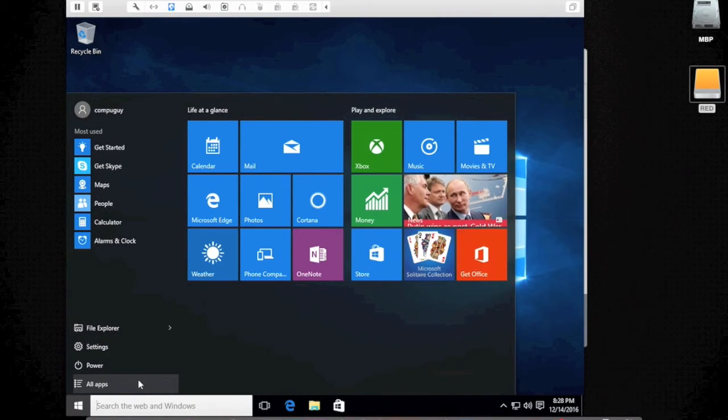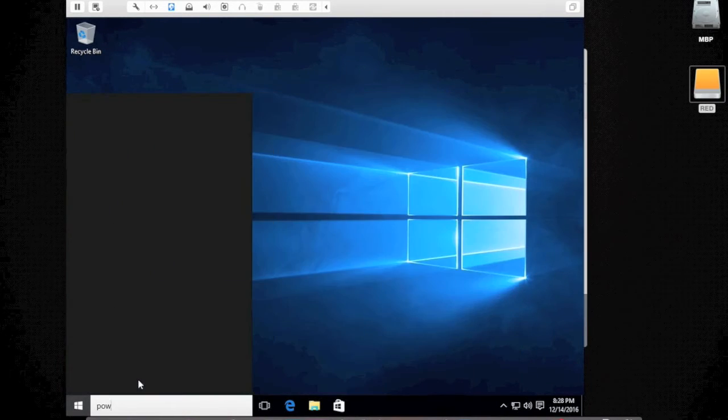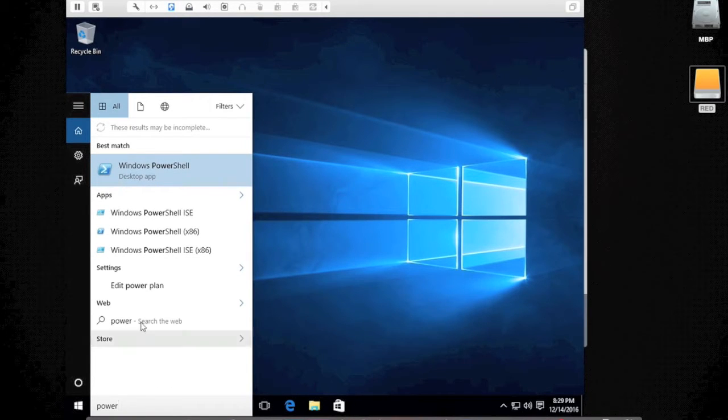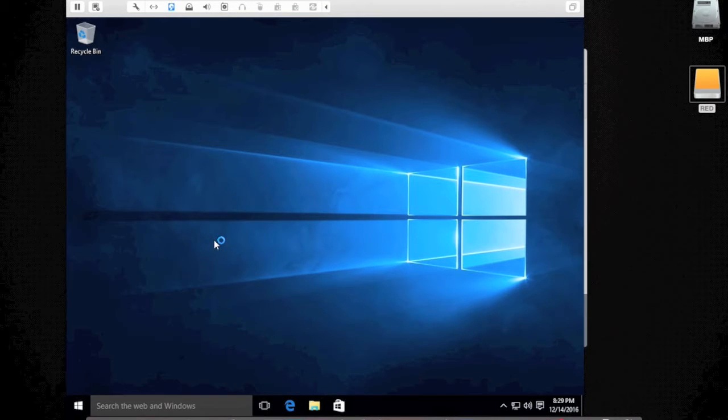So when you pull up the start, you can just type power. As soon as you type power, it says, oh, PowerShell, or do you mean power? If you have something else labeled power, you can do that. So I'll pull up PowerShell. PowerShell is similar to the command line